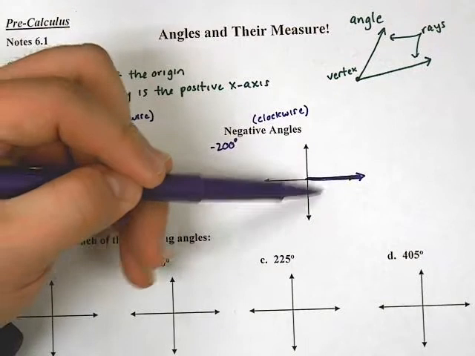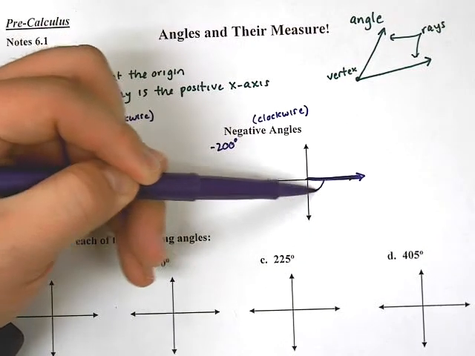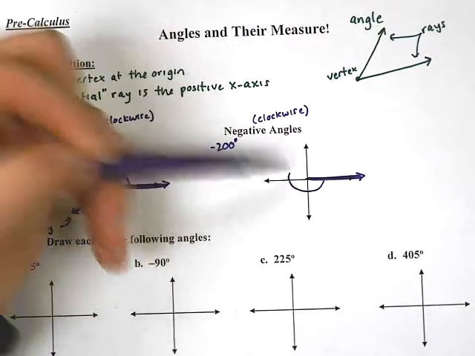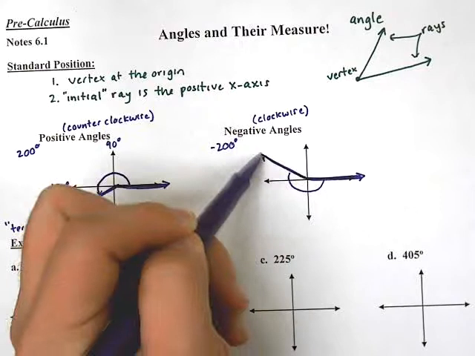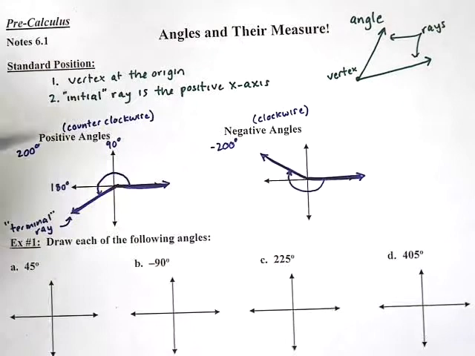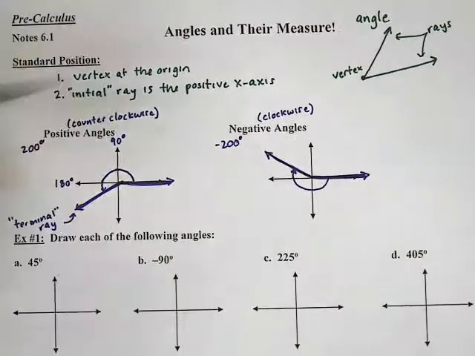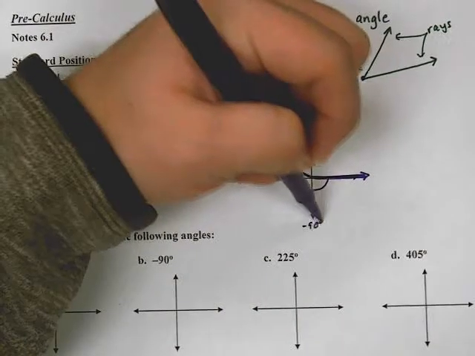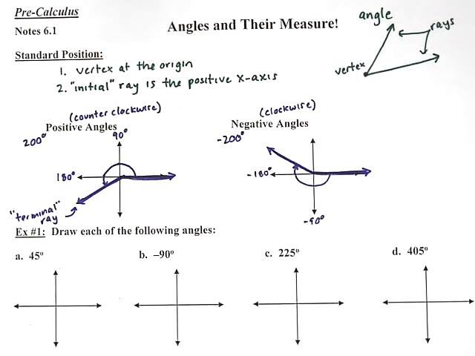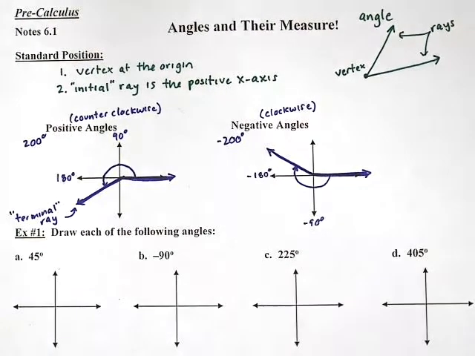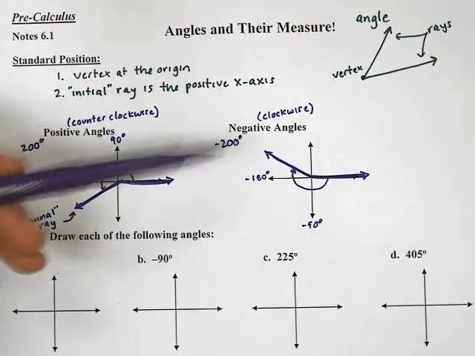So I'm going to go back 90, back 180, and then back about 20, and I would draw my terminal ray, something like that. Hopefully that makes sense. If you want, you can say that this is negative 90, this is negative 180, if that helps. Okay. Now that we have an idea about what positive angles and negative angles are, where angles start,